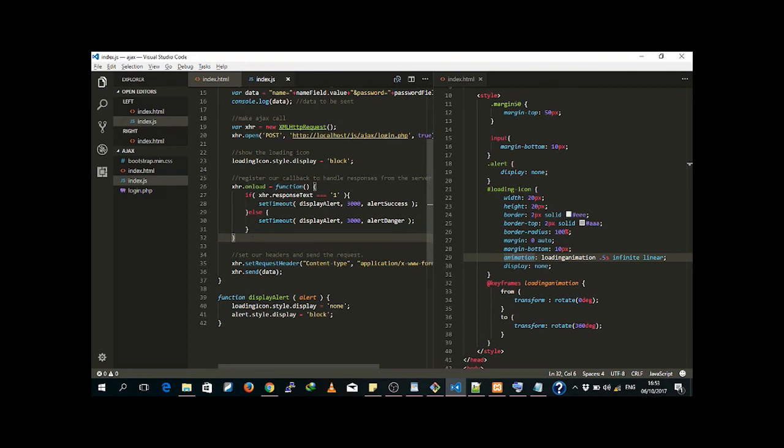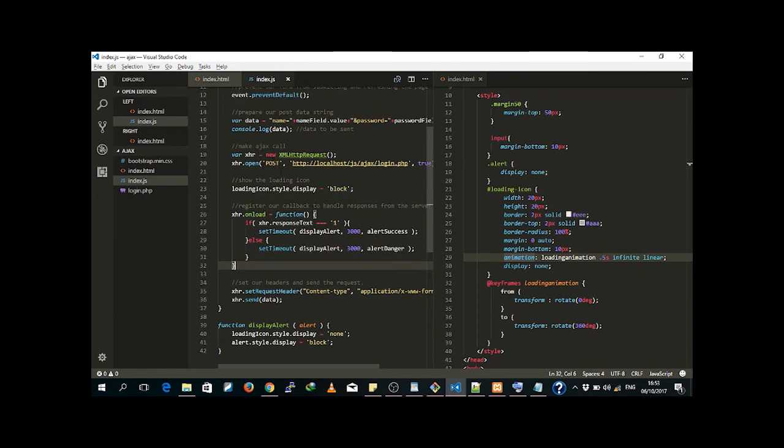So the onload function is called, as I said, when everything has run and we've gotten data from the server. But with the onReadyStateChange callback, you can actually monitor when